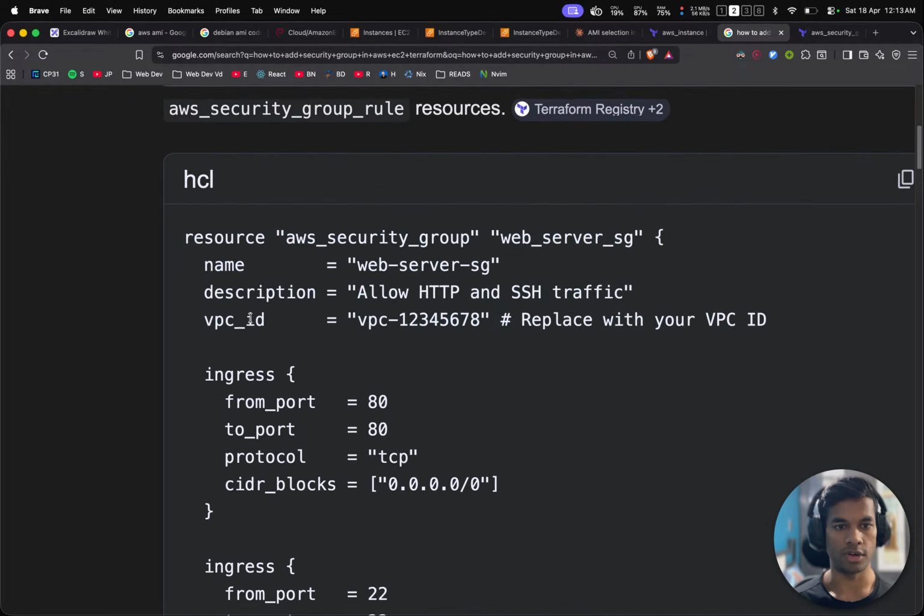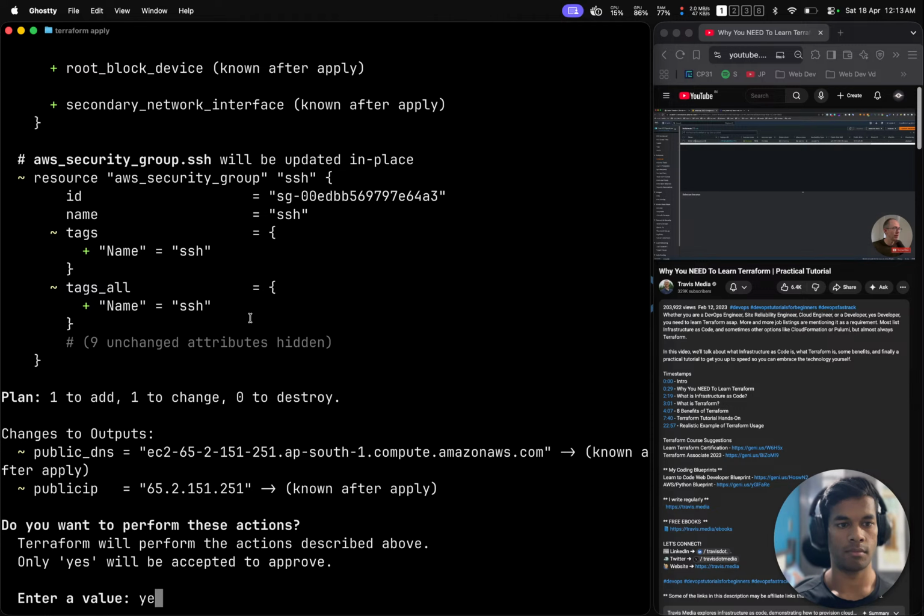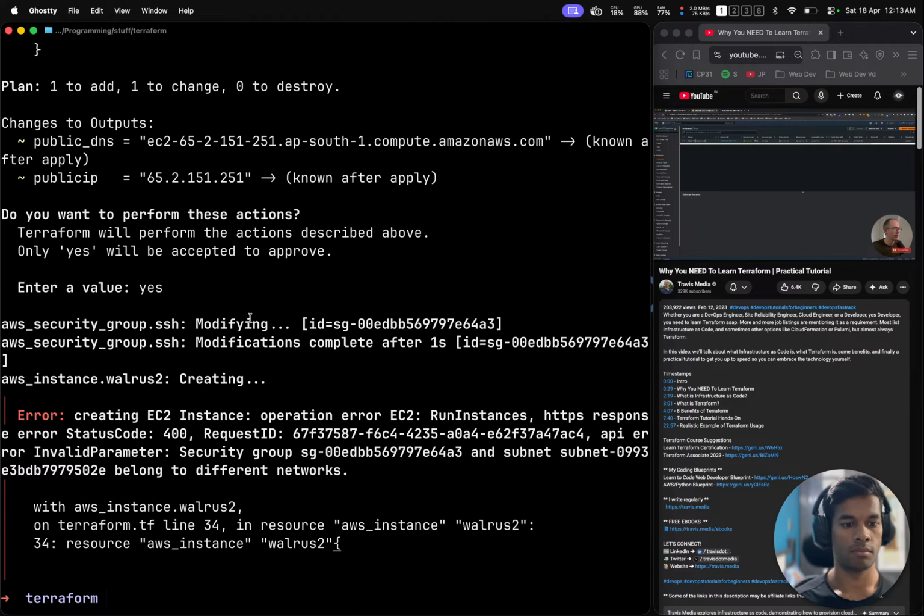They do not use tag. 400, security group and subnet. This belongs to different networks. And subnet security group